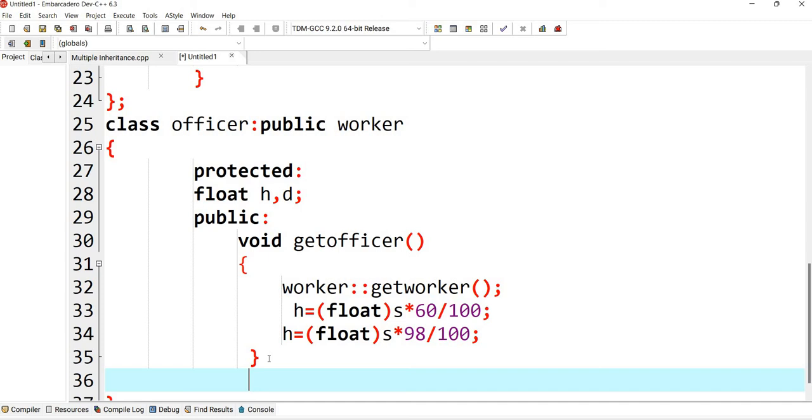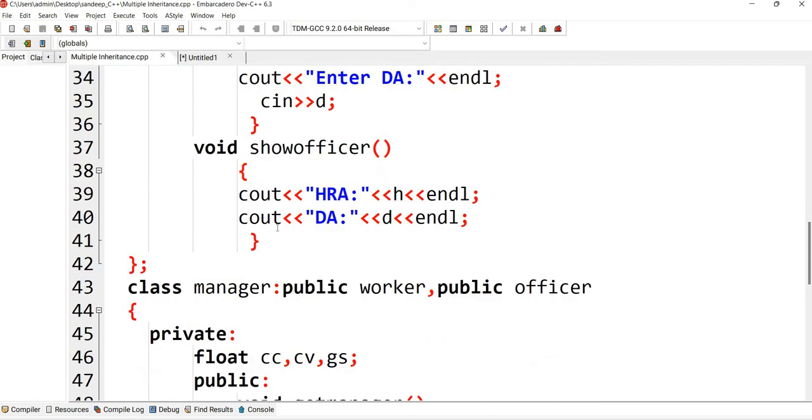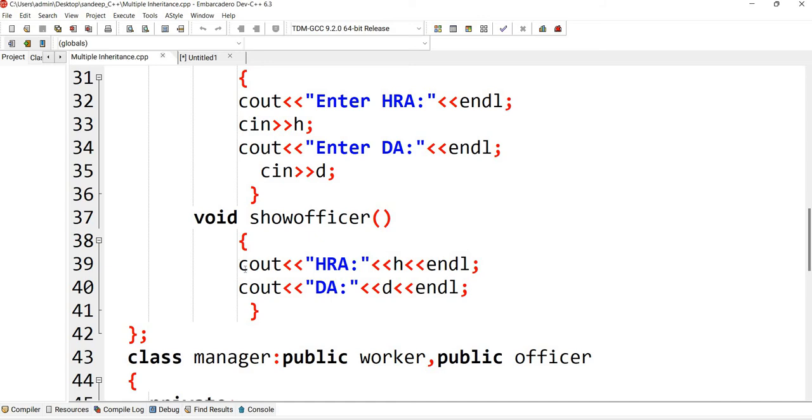Next one is, I have to take another member function for displaying the values. So show officer, right? Now we'll just write the function for displaying the values here.